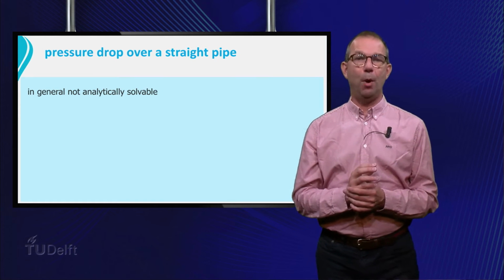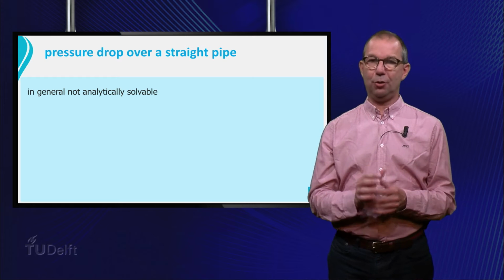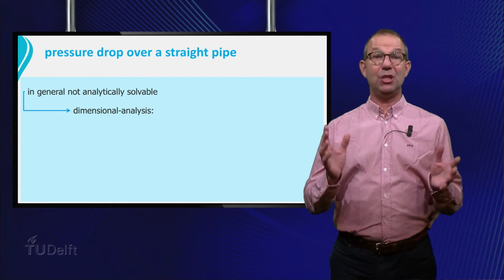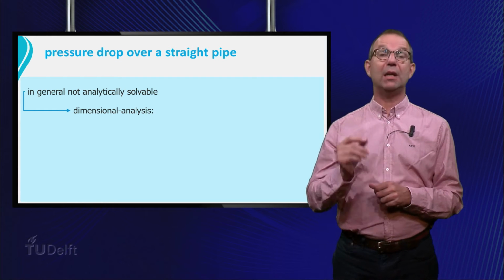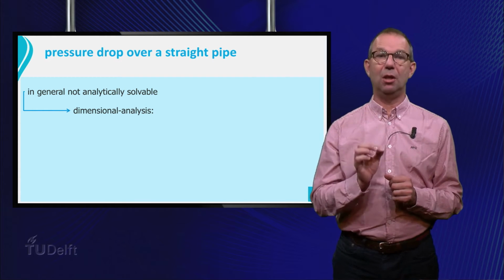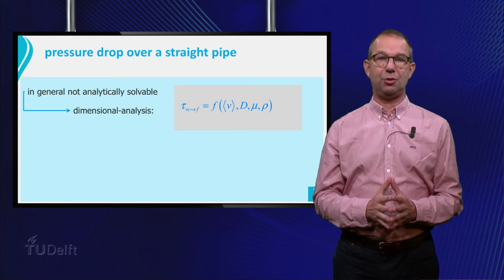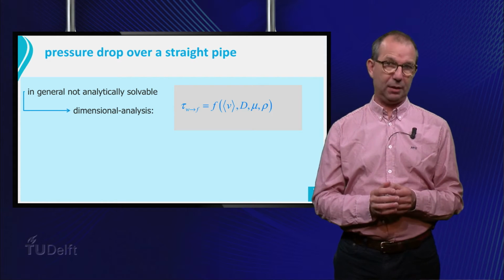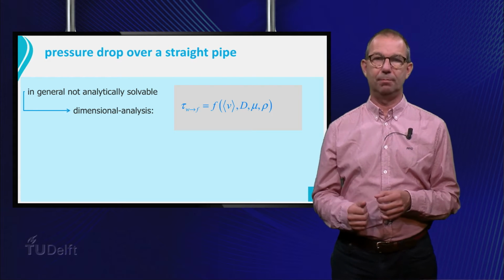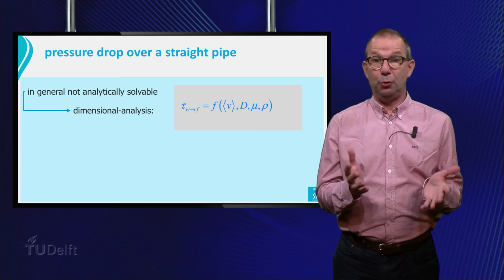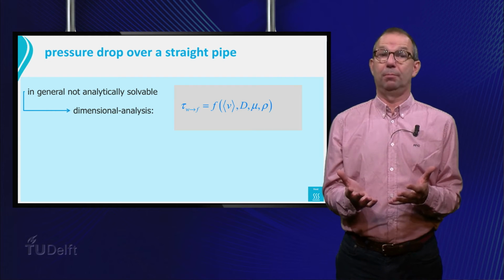And this is equal to minus the viscosity times the velocity gradient at the wall. Unfortunately, for most situations we cannot mathematically find the velocity gradient. But we have seen that before. We can still use dimensional analysis. So, we write the shear stress as a function of the governing parameters. These are the average velocity in the pipe. The faster the fluid flows, the higher the pressure drop.